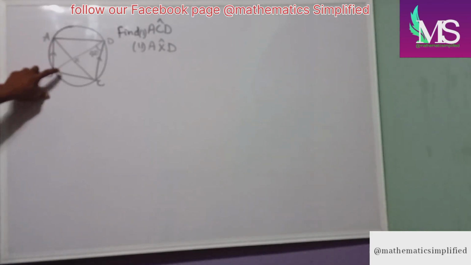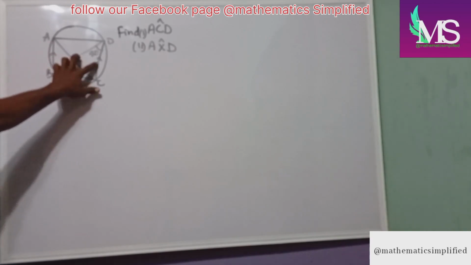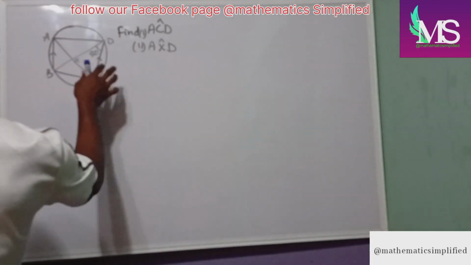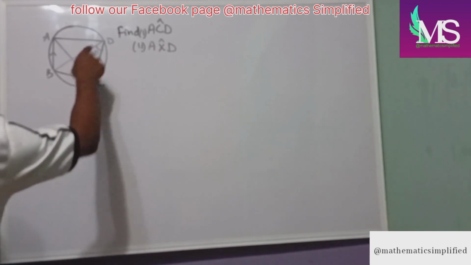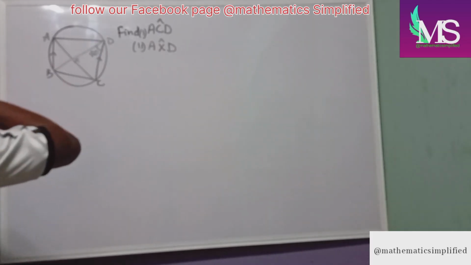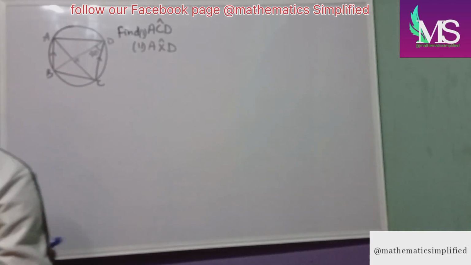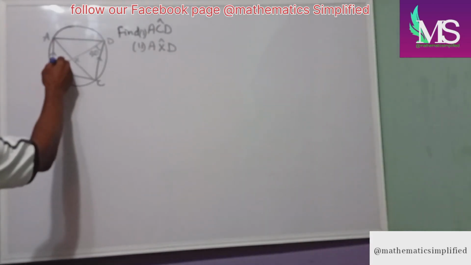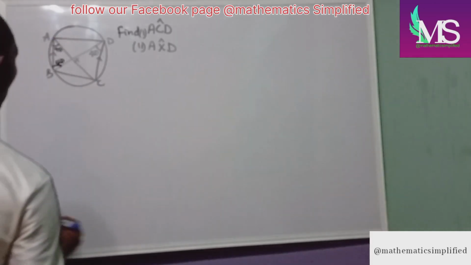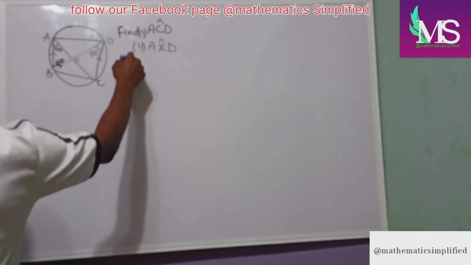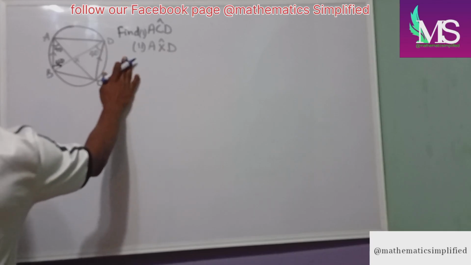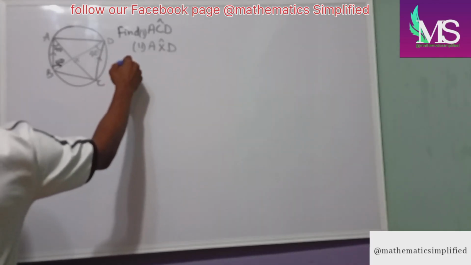Now looking at chord BC, we are meant to understand that these two lines are parallel. So if these two lines are parallel, this chord is forming an alternate angle. If it's forming an alternate angle, that means there will be 40 here and here will also be 40. Now, for angle A, let's see it as angle BAC